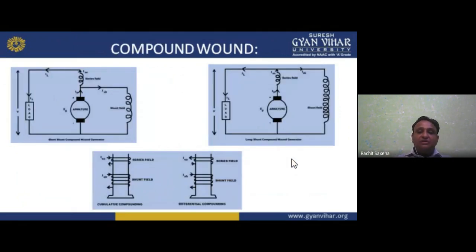Now moving forward, we have the separately excited generators. If I am talking about the separately excited DC generator, my dear student, it has no types, but in self-excited we have three types: series wound, shunt wound, and compound wound. In compound wound, we have the combination of these two, series and shunt both. In this, if we connect long shunt, it is called differential. And the other is short shunt, called cumulatively compound. So we have cumulatively compound and differential compound.